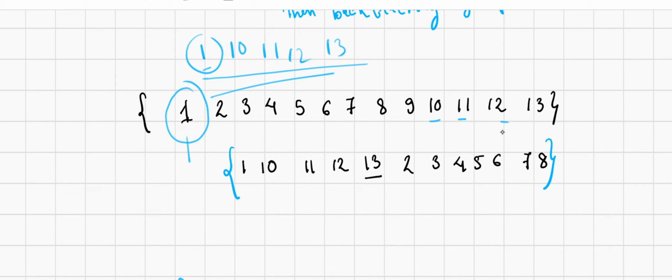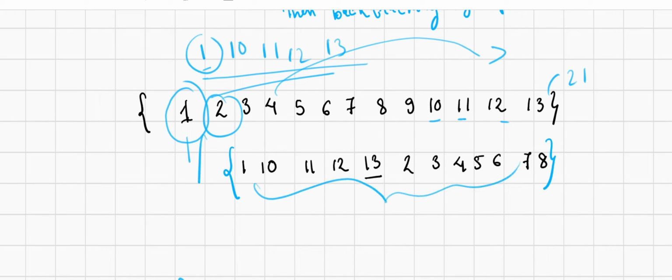After that we have to move to the second part, which is 2. If 21 is present, this again will start with this number, then it will move like this. So here is the whole part of the code. Let's understand how we wrote this part.